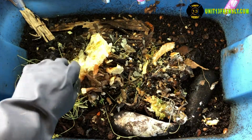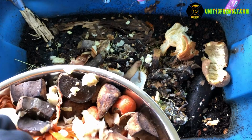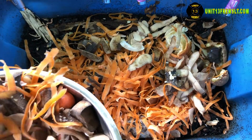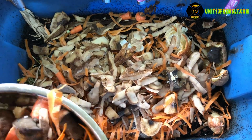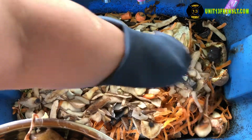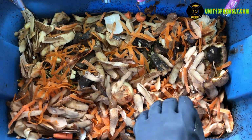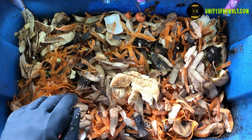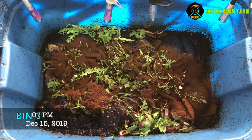I decided to break out some of this waste that we had in the kitchen here. I've been storing it up for about a week or two. I thought I'd throw in some bread, because I don't think I've thrown bread in there before. And then I also wanted to see how they might react to all these potatoes. Okay, now we're going to switch over to